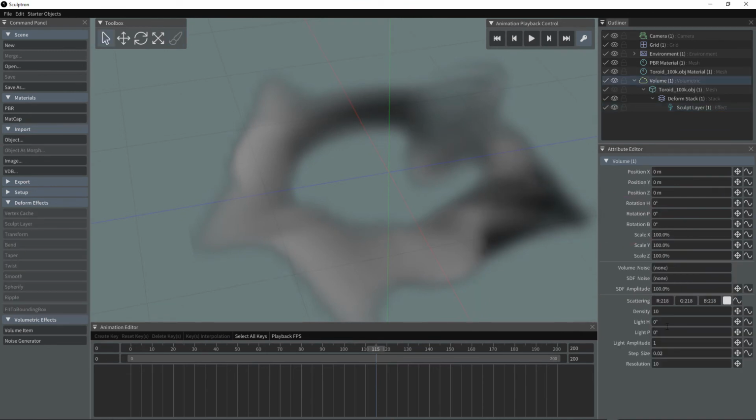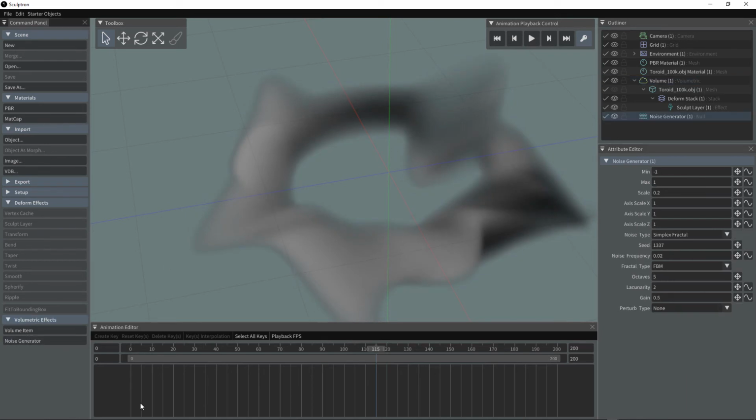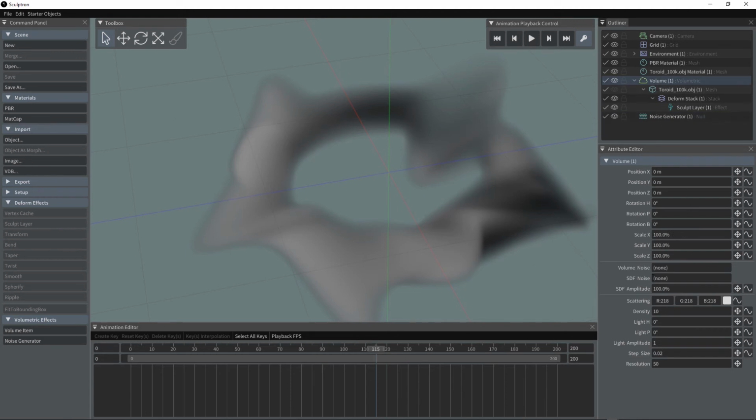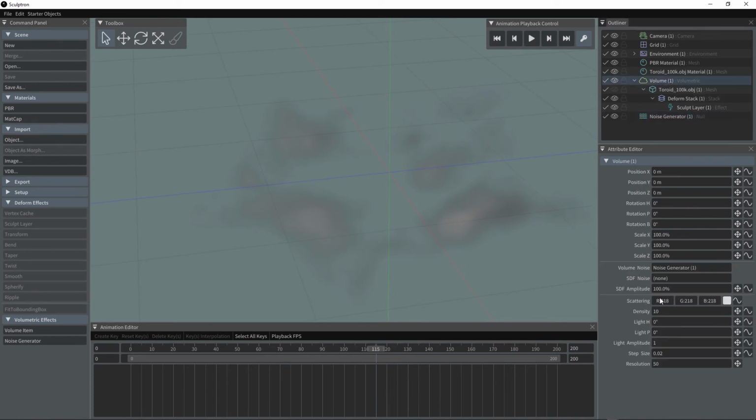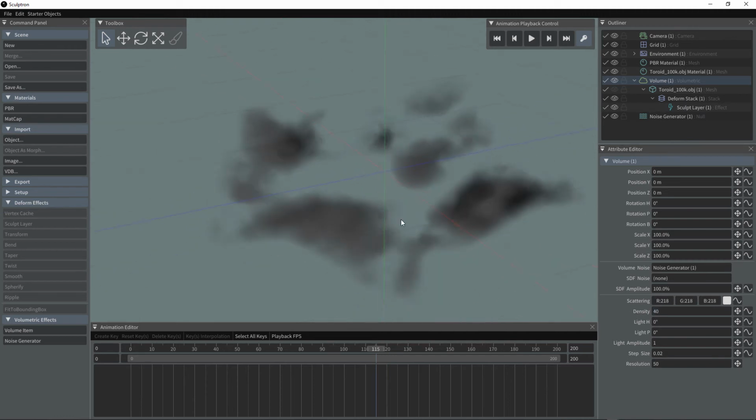I can now increase the resolution again, because I want to use a noise generator. The noise generator can be dragged into the volume noise or SDF noise attribute. Let's drag it into the volume noise to start. I'm going to change the min to 0. Also, I'm going to change the density. I want to increase it like 40, and